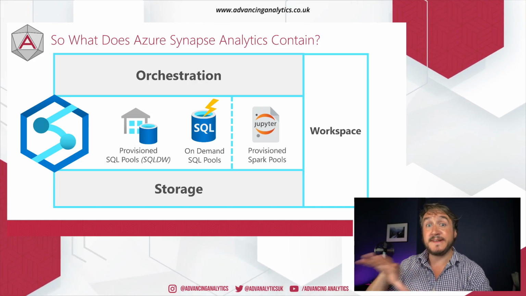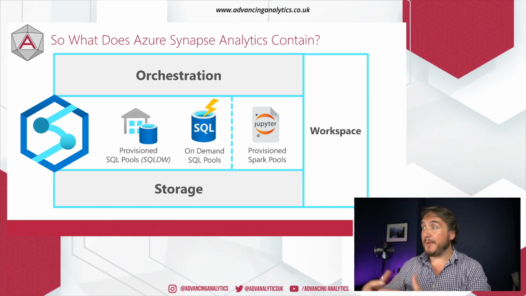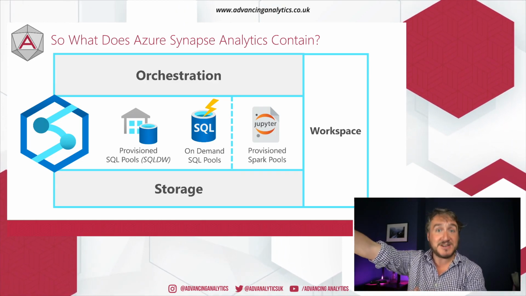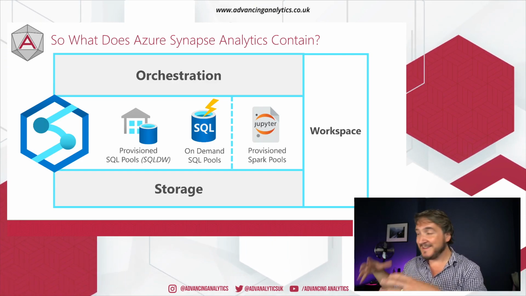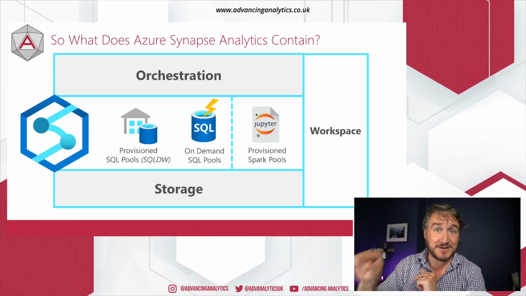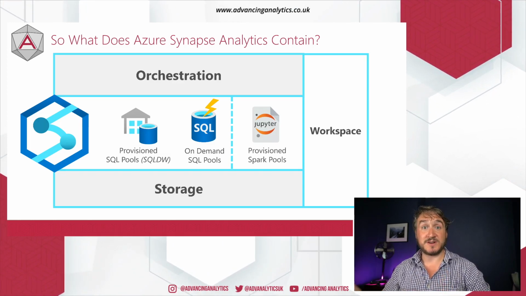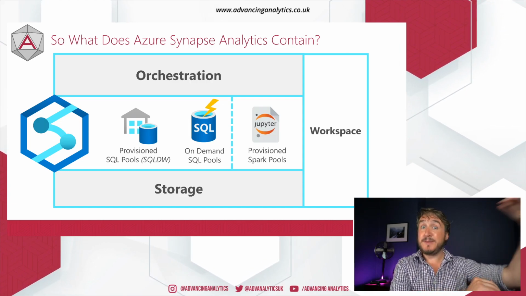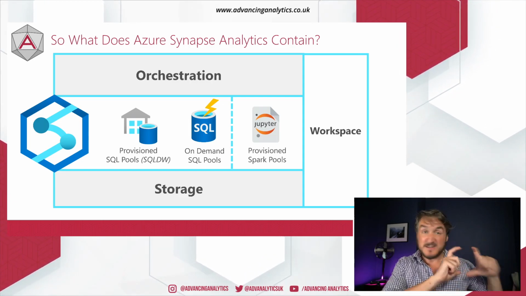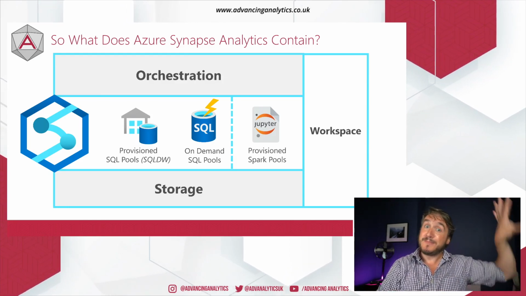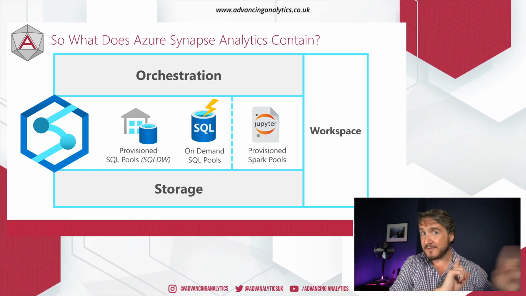This is much closer to vanilla Spark. So if you went, I'm going to spin up a load of local little machines and install Spark on it by going to Apache Spark Foundation and downloading the latest cut of it, then that would be a very similar version of Spark that is installed currently inside Azure Synapse Workspaces. If you go on Databricks, you'll see a slightly different functionality. You see premium functionality. Essentially, they've taken Spark and built a load of extra stuff around it so they can charge a premium Databricks price. They are two different things.